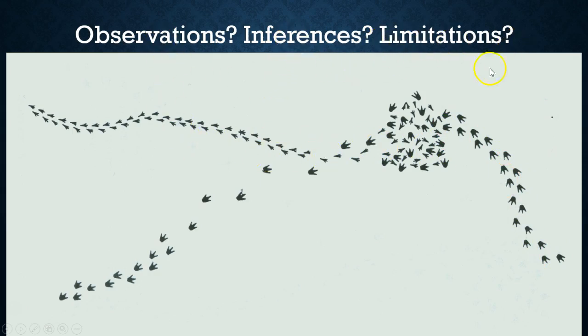And it's also useful to understand that we do have some limitations. With just this limited information, we cannot completely conclude exactly what happened, because the footprints are the only information we have. We don't have any video footage. We don't have any measurements of anything else. There are no plants in the picture. There's no grass in the picture.